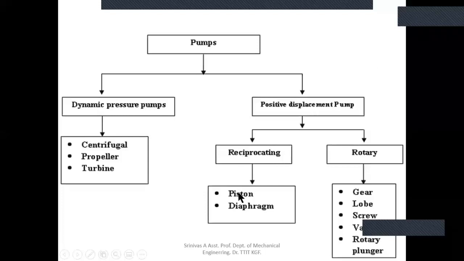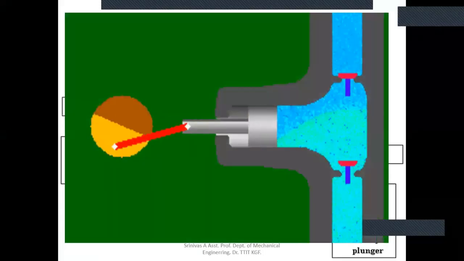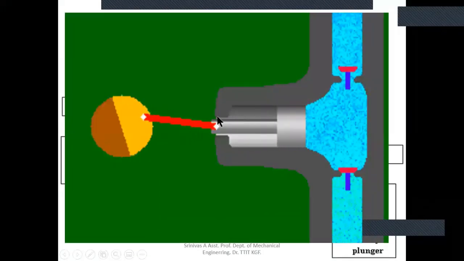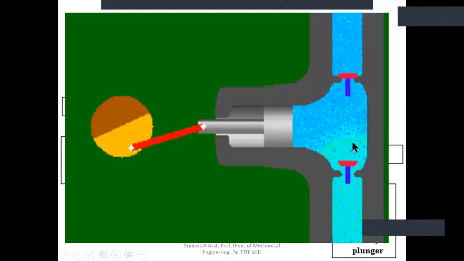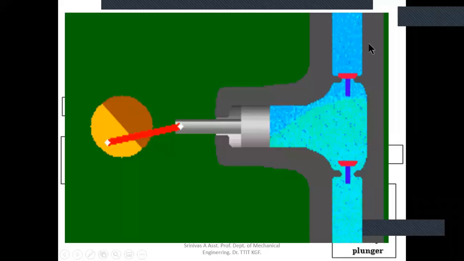First one is piston. By using a piston, how will the water be displaced? And this is how the piston arrangement works. Here, see the reciprocating motion. The piston will be moved front and back. While moving back, a vacuum is created, then the valve is open, water will enter, and then while pushing, this inlet valve will close and the outlet valve opens and water will